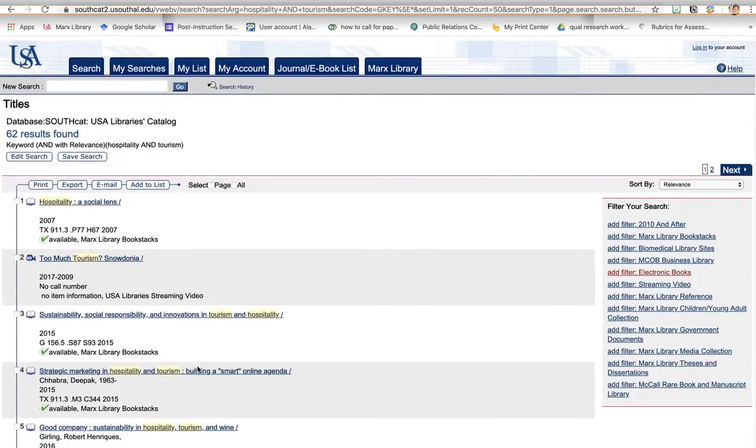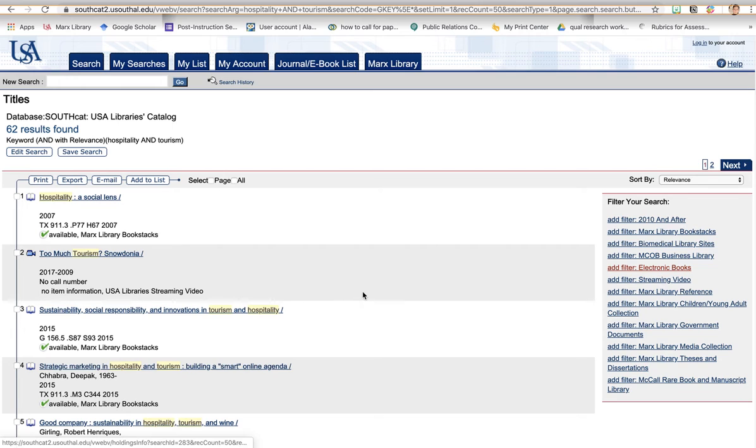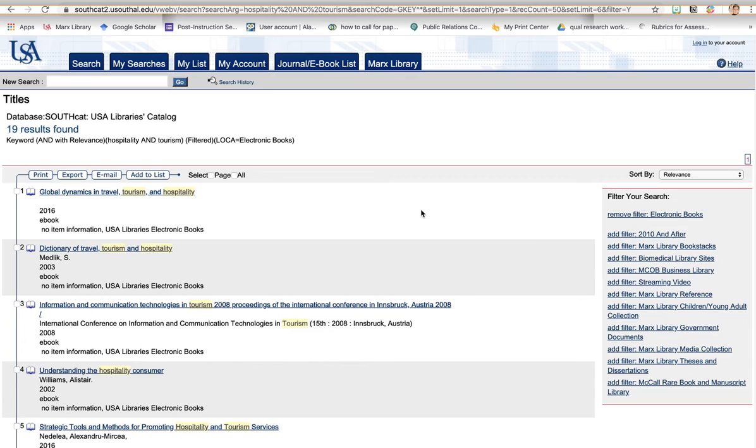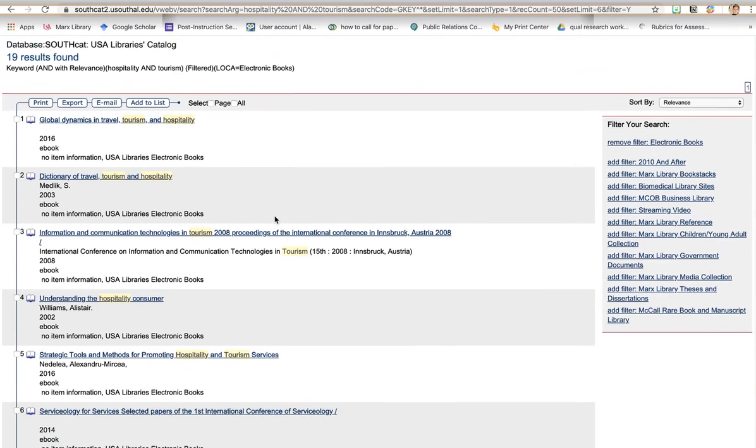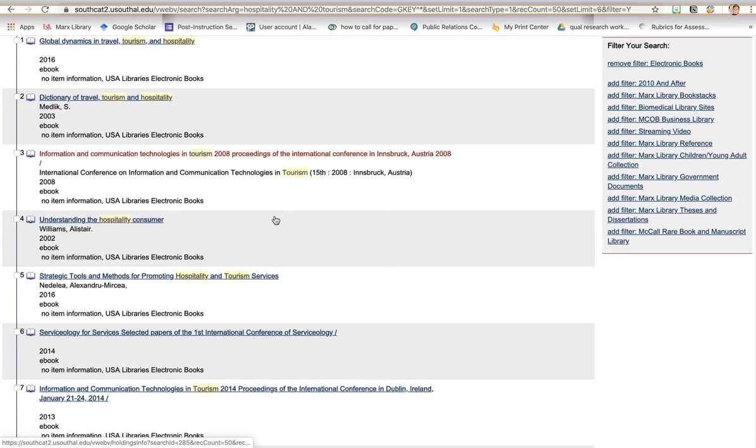Now, if you can't come to the library, maybe you don't want me to show you books that are on the shelf. We can go over to the right-hand side over here and click on Add This Filter and click on Electronic Books. So it knocked it down to 19 results. You can see right up here, there's only 19 books that are electronic books. And the titles of so you can read just those. There's a dictionary,